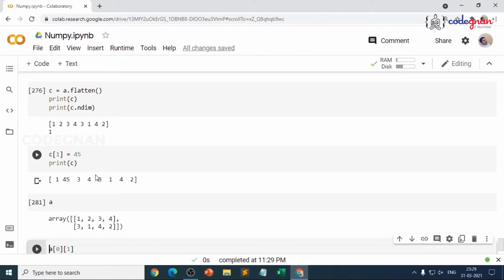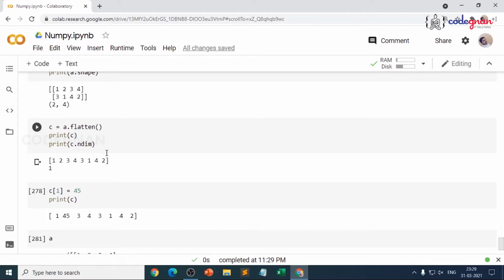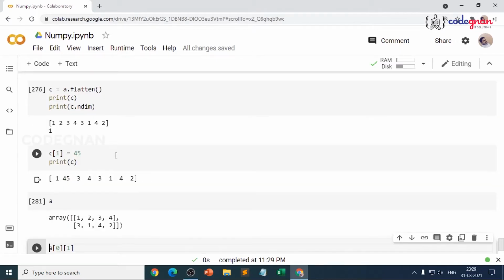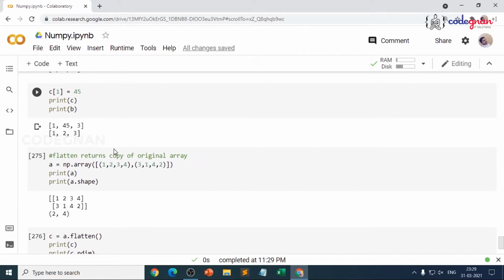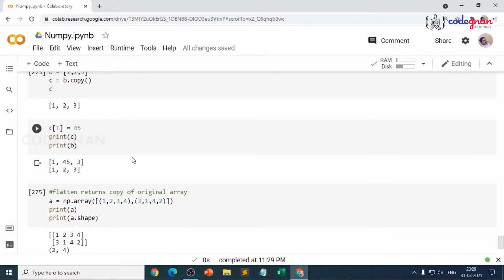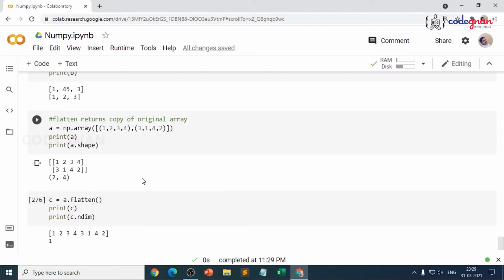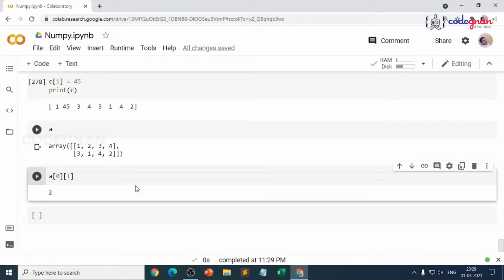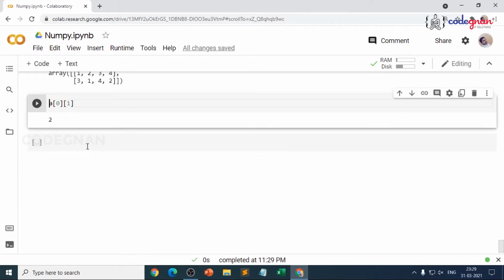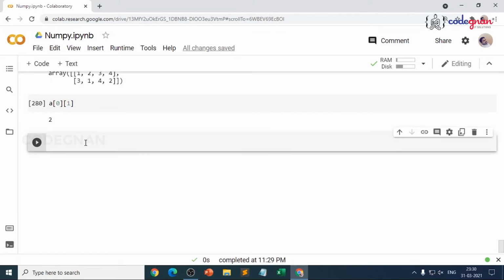Just always remember, ravel is similar to the reference, where we generally swap the values. Flatten is similar to taking the copy. Because if you change the elements in the original or duplicate, both are different. It is only taking the copy and the remaining things are as they are. That's where ravel and flatten play a very vital role. For that reason, I have explained it from the list concept to make it simpler, right? Always keep that point. If you get errors, you should start debugging from that step only. That is a very, very important point.